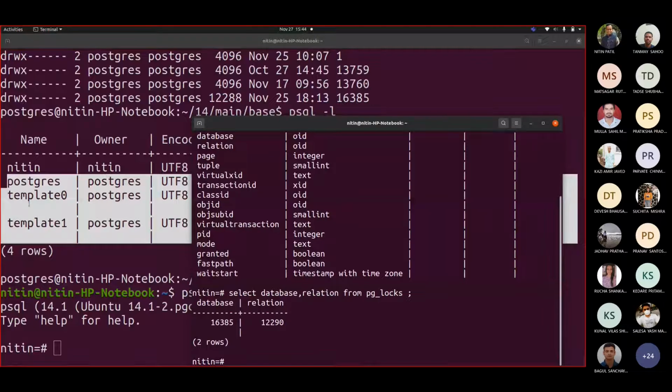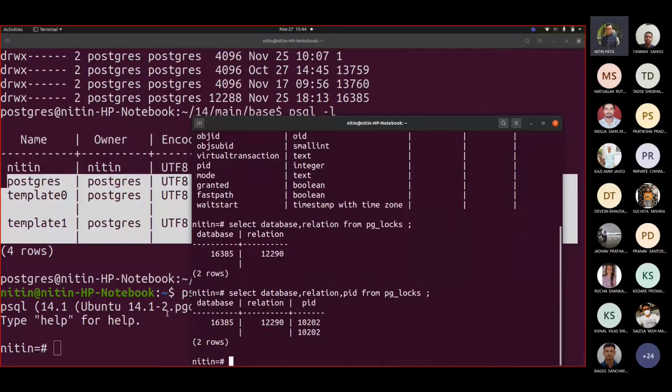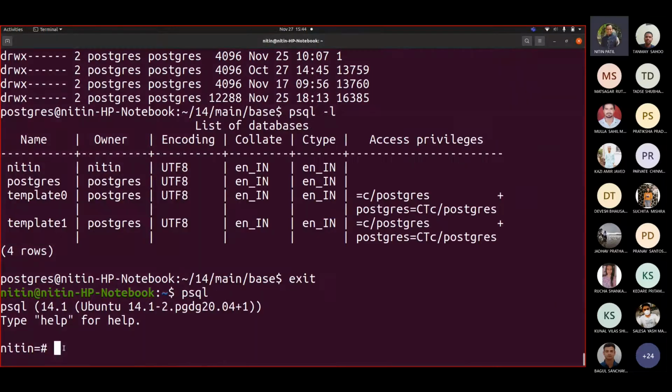So by default, I would be seeing this entry. Okay, so we can add pid too. So if I see ps, sorry. Okay, let it be.